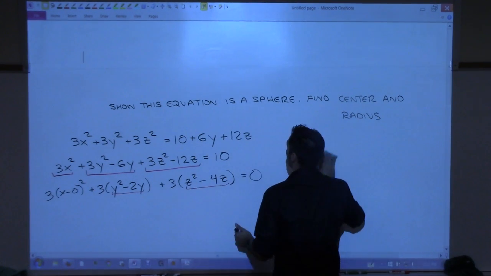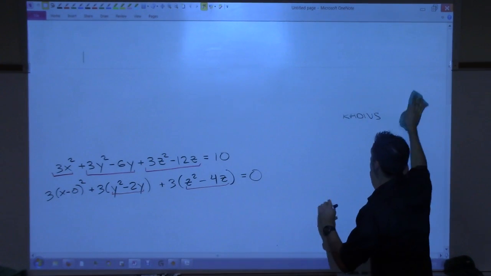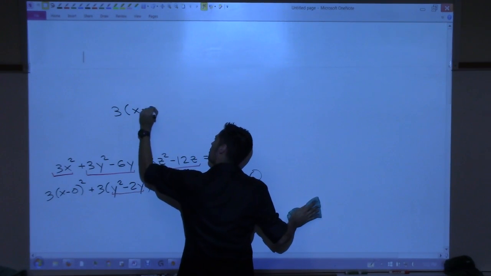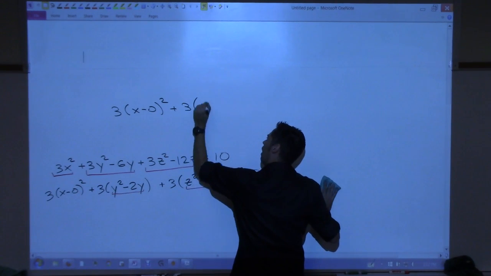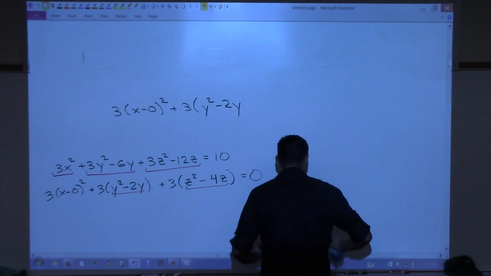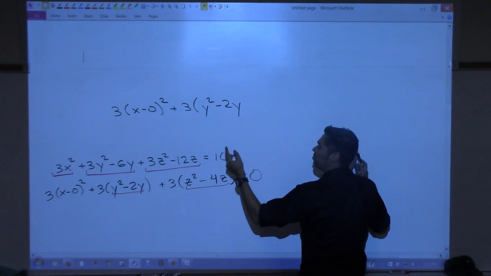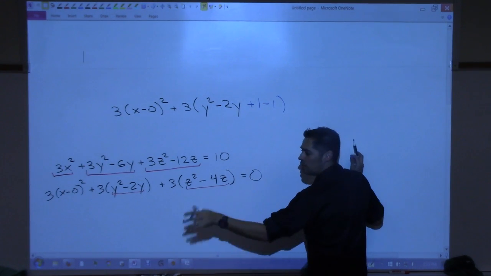So the way that I've always taught completing the square is add and subtract it immediately. So that means you're going to write 3x minus 0 squared plus 3y squared minus 2y. And then why am I adding and subtracting it? What am I adding and subtracting? What was it, 1? Adding 1 and subtracting 1. The reason why I don't do what you